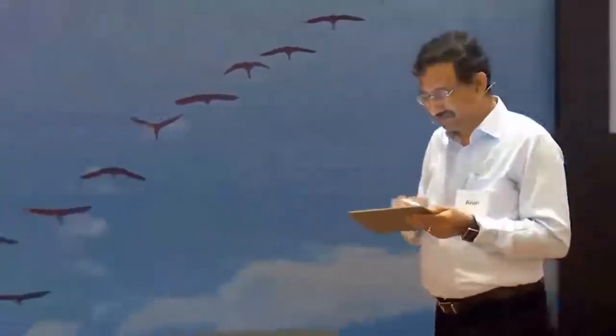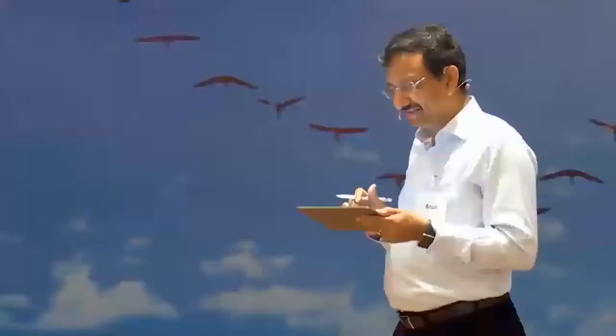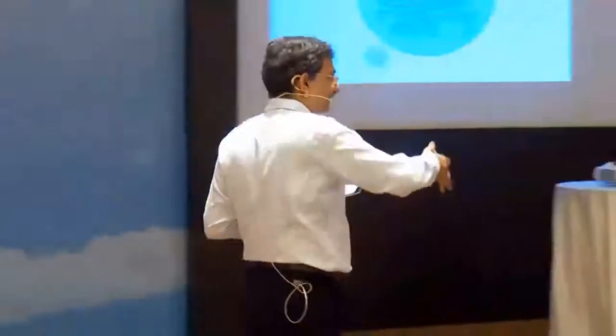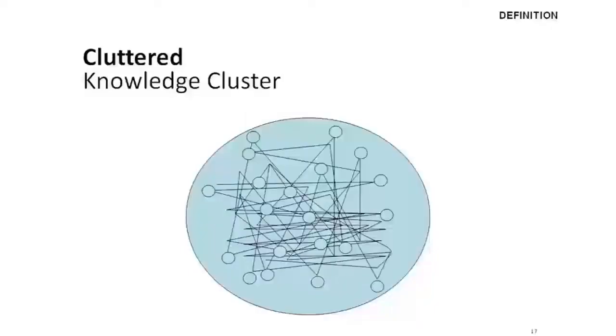This knowledge cluster can be a well-organized knowledge cluster or a cluttered knowledge cluster. Clutter means some people have extreme knowledge. They are extreme PhDs, but they are not effective in a workplace. So I call them cluttered. Knowledge is there, but it's cluttered. It's called a cluttered knowledge cluster in my definition. Somebody is an extreme PhD guy who knows everything in the world, but output is never received. He will have enough questions, enough mind, enough curiosity, but output is not there